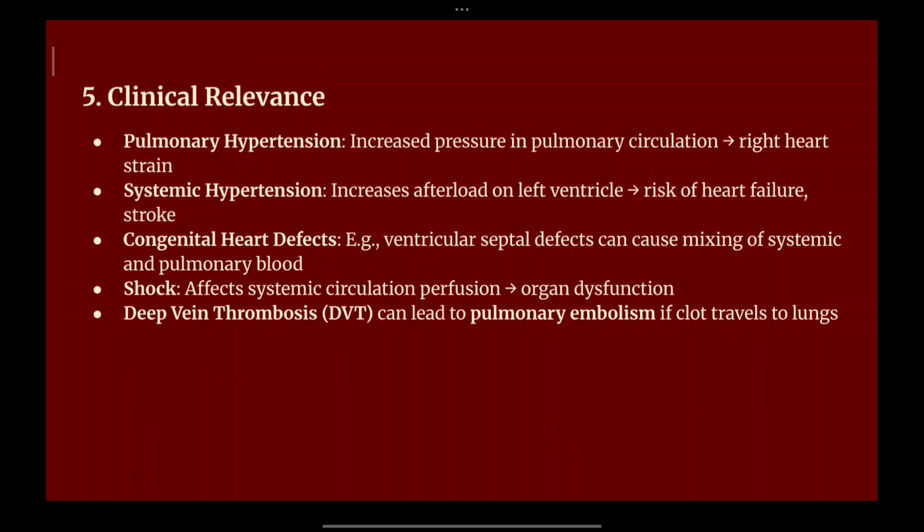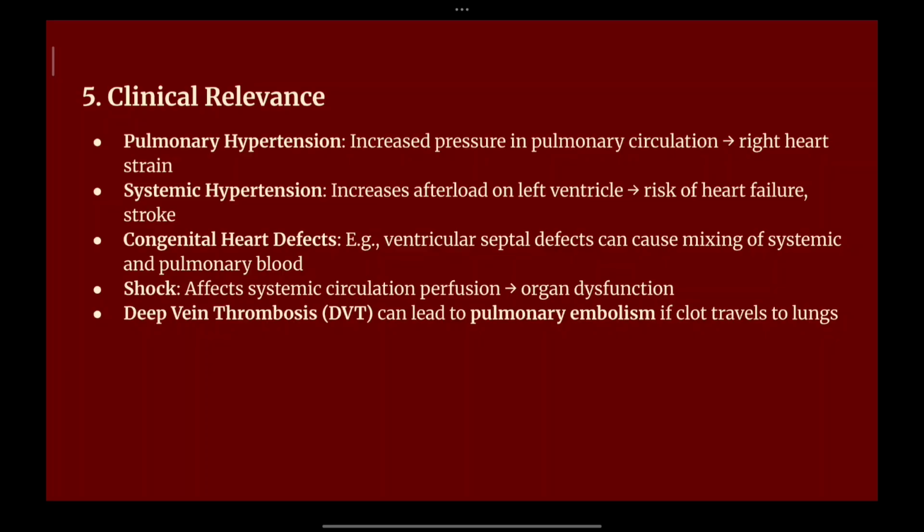Now, the clinical relevance of the pulmonary and systemic systems: pulmonary hypertension causes increased pressure in the pulmonary circulation. So pulmonary hypertension is one type of disorder wherein there is an increased pressure in the pulmonary circulation, that is, right heart strain. Right heart strain can cause